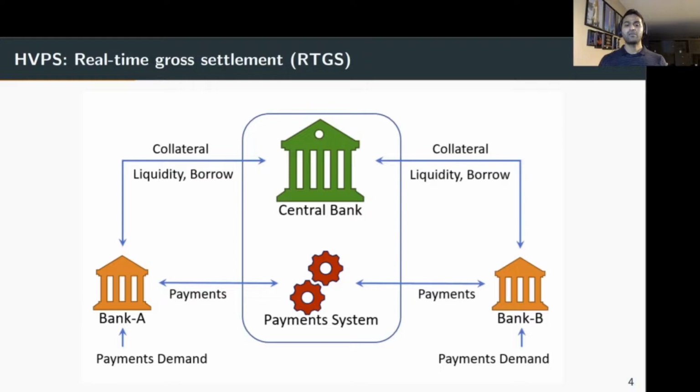Consider a simplified RTGS payment system with only two participants, Bank A and Bank B, as schematically shown on the slide. Each bank has its own payments demand, most of which is generated through their client's request, and some of these payments demand might be related to their own activity. In order to exchange these payments, they need liquidity, which can be arranged in two ways. The first, at the beginning of the day, by pledging collateral to the central bank, which then provides liquidity in proportion to the pledged collateral. And the second, throughout the day, they might receive payments from other participants, which they can use to send their own payments.